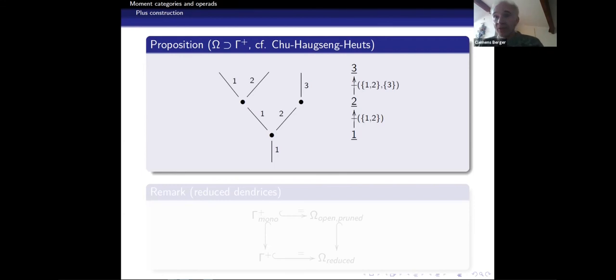So I think this will be my last slide. I will just give you some impression how it works in practice, this plus construction. And so I will represent dendrices, so objects of omega, as gamma trees, so chains of active morphisms in gamma. So here is a dendrix. You see you have 3 vertices and you have 3 leaves, you have 1 root. And I represent this by this chain, which is on the right.